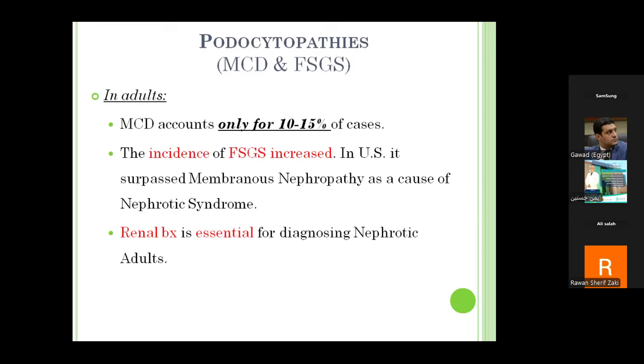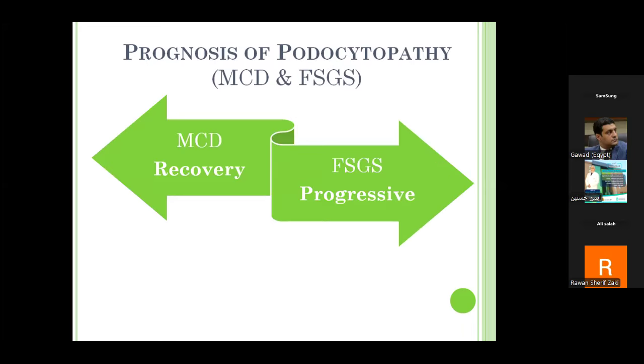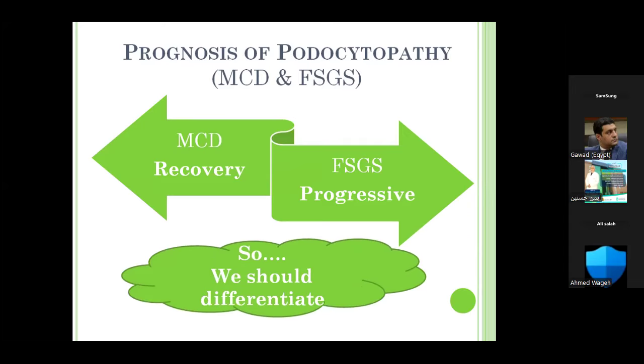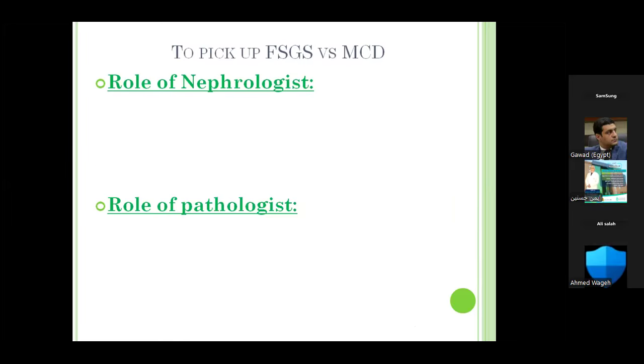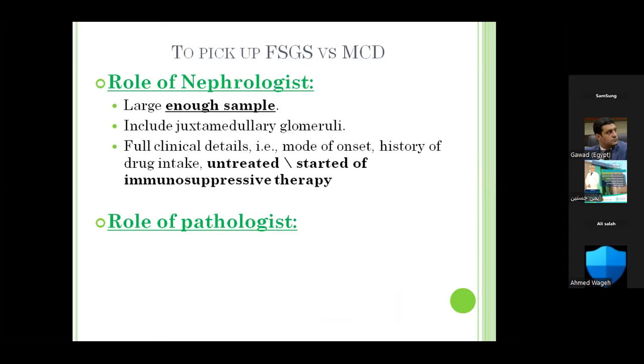And the incidence of focal segmental glomerulosclerosis is increasing worldwide. And renal biopsy is essential in diagnosing nephrotic syndrome in adults, unlike children. But the prognosis between both is different, with hope of recovery in minimal change disease and fear of regression in focal segmental glomerulosclerosis. So we should differentiate. For a nephrologist, his role is to pick enough sample, enough biopsy